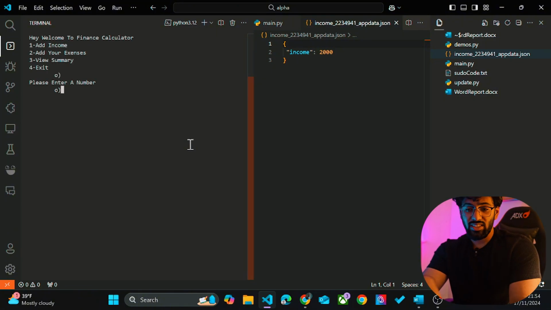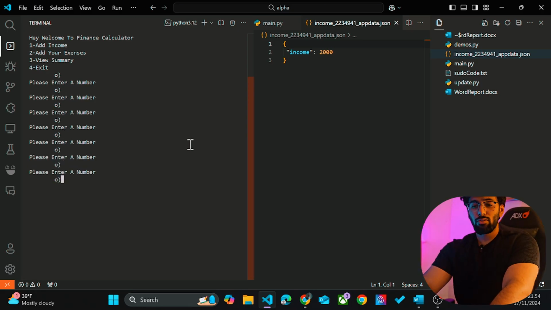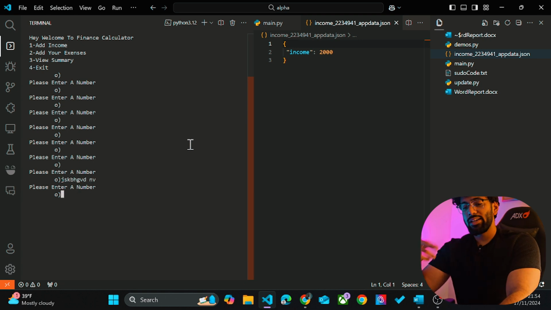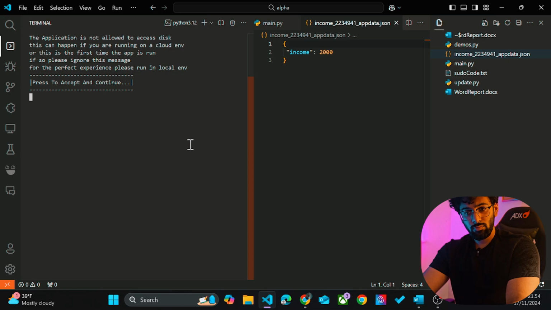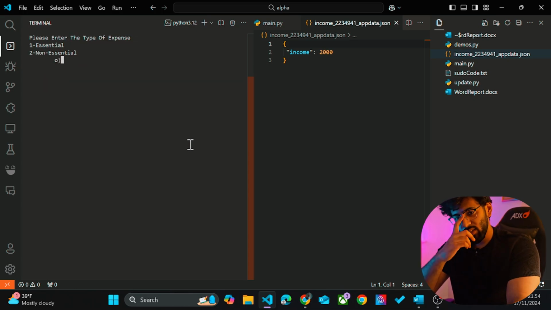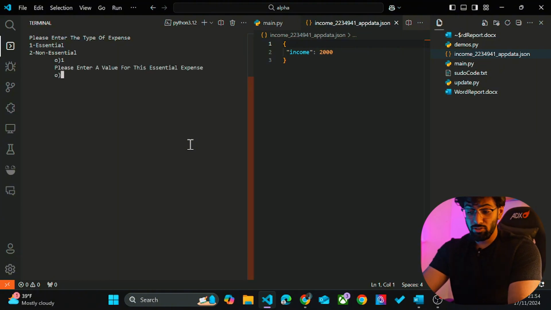and you can see the exception handling. If I just keep on entering, it is going to prompt me again and again for a bad input. It's going to say, hey, please enter a number. So let's add an expense. And let's say this is an essential expense. And this is my car insurance. And for this value, I'm going to say 240. And then title is going to be car